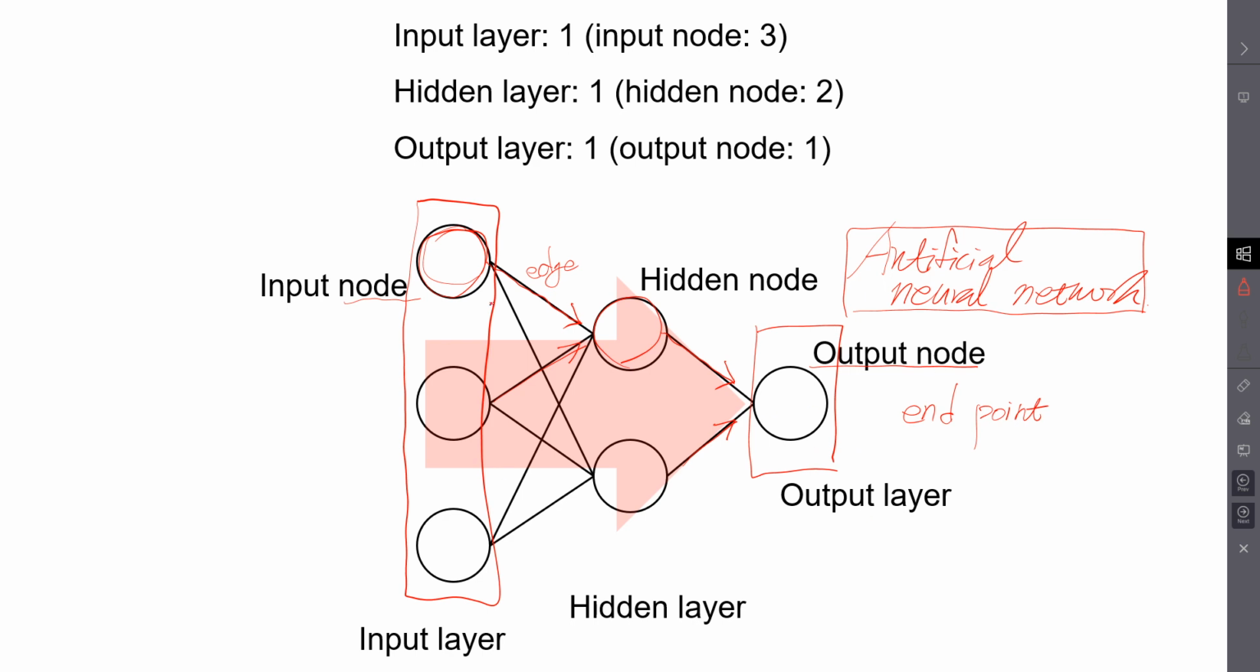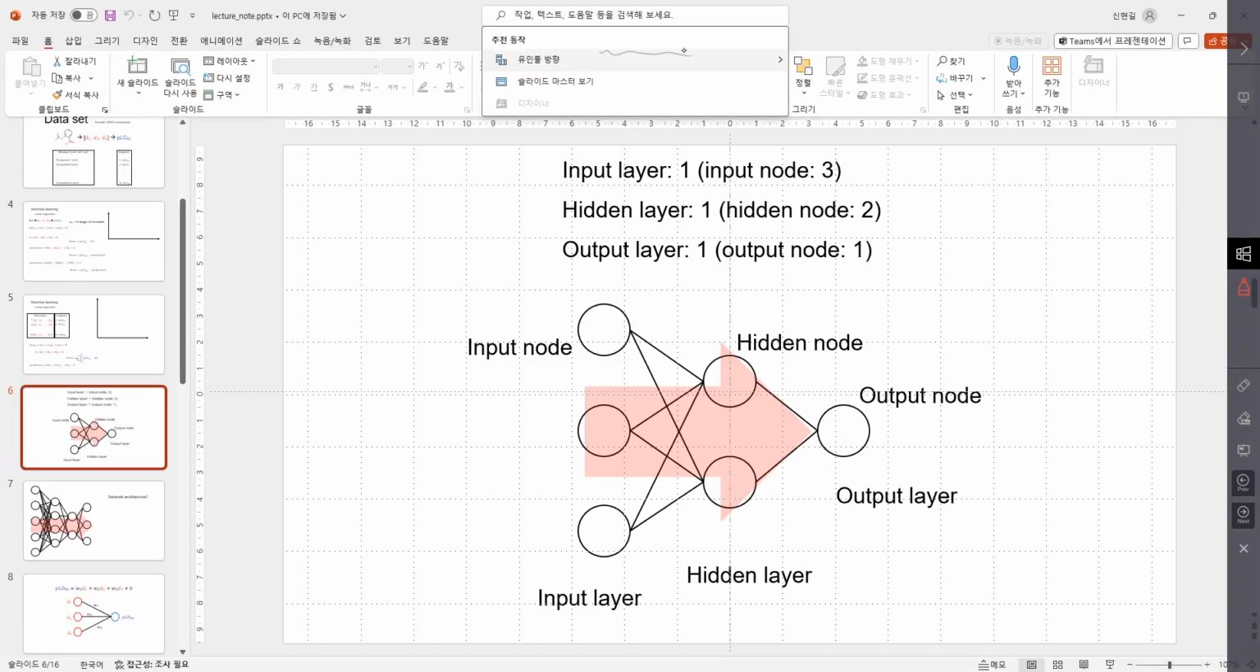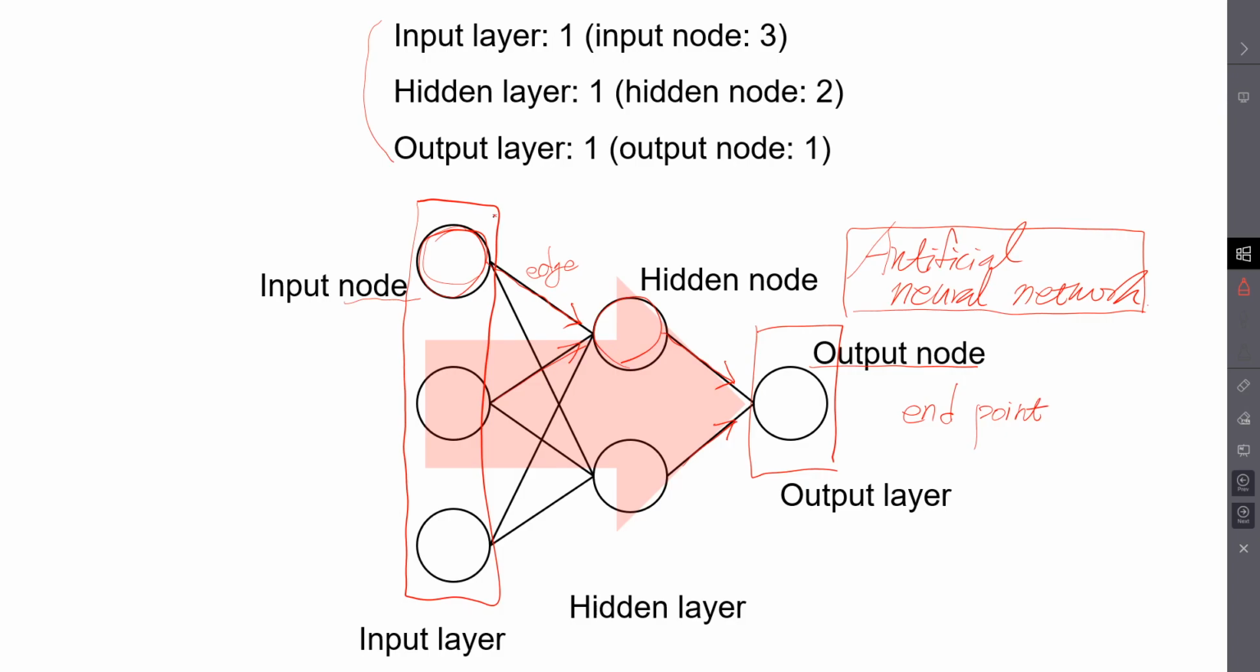So this architecture can be described in this way. So it has one input layer, and then there are three input nodes in the layer, and one hidden layer with two hidden nodes, and one output layer and one output node. And we need to understand this because we're going to use this model in scikit-learn, and these are one of the parameters in the model. So these will be the parameters we are going to control in scikit-learn. We call these hyperparameter